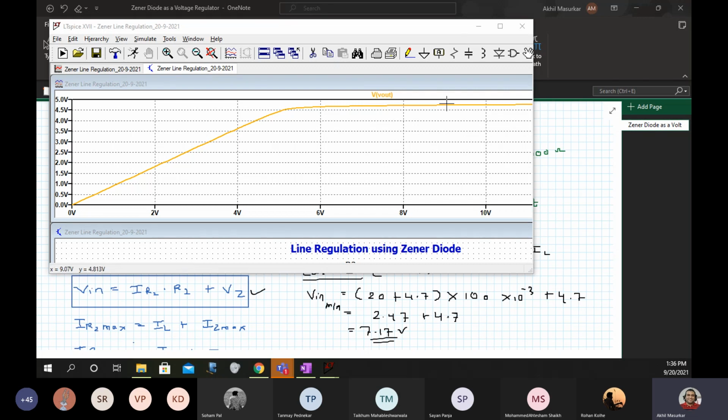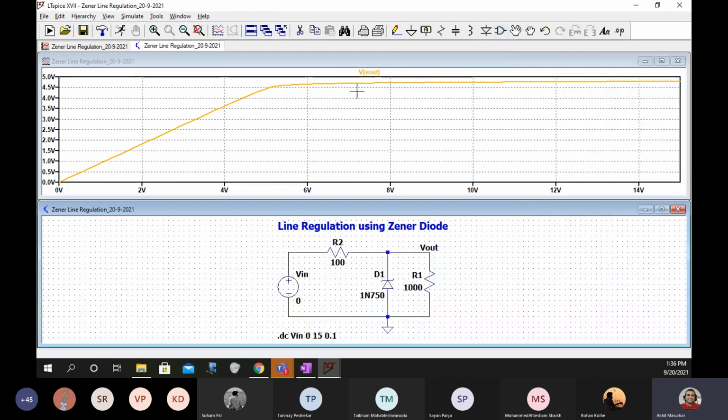You can see here that this minimum value 7.17 is pretty much visible, but the maximum voltage is not there.